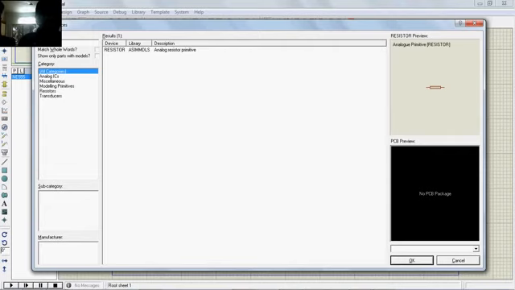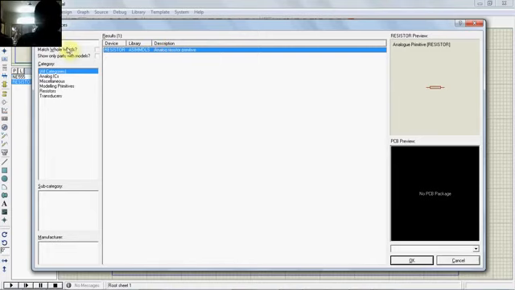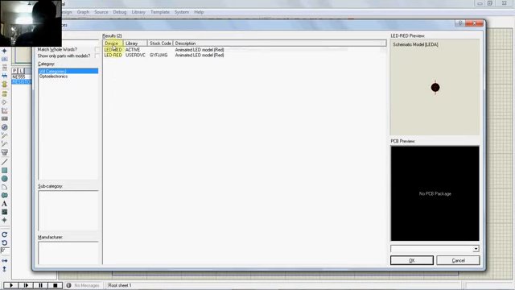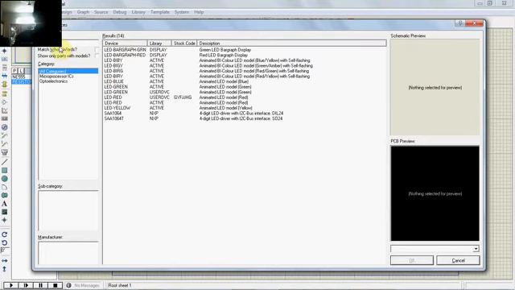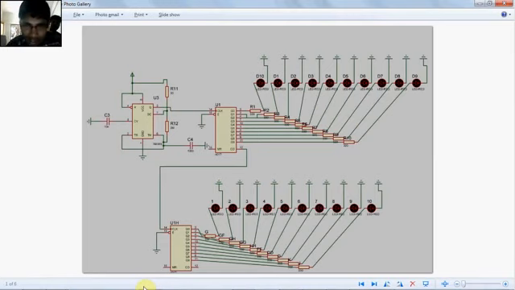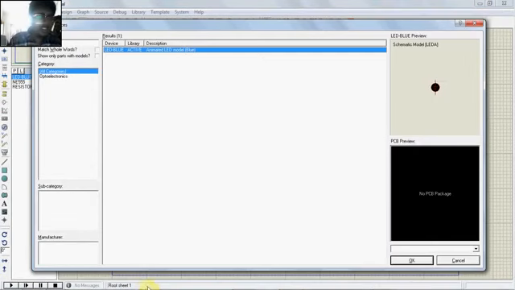Then I need an LED, red. Okay, or let us use green now. No, blue. Then I need some 330 ohm resistors. Okay, no, I have selected resistor, so I don't need that.